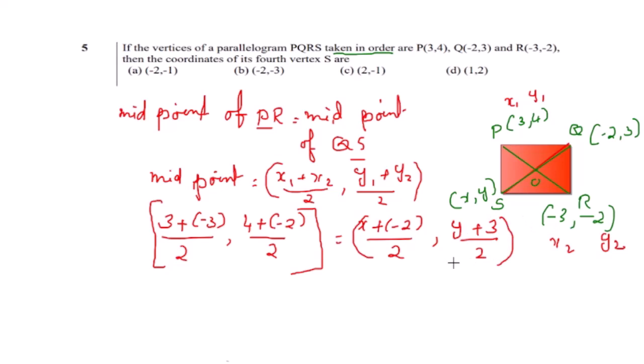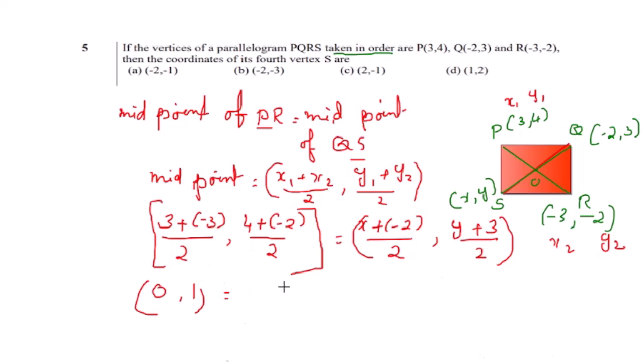Midpoints are always equal because in a parallelogram the diagonals bisect each other. So the midpoints are the same, right? Diagonals are bisecting. That means the midpoint of SQ must be equal to the midpoint of PR. Now what is (3 + (-3))/2? 0 by 2 is 0. Now (4 + (-2))/2 is 2 by 2, which is equal to 1. And that is equal to,